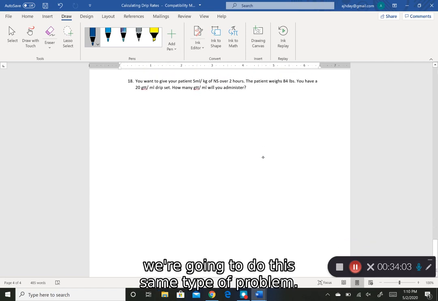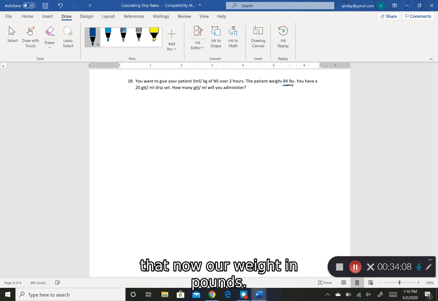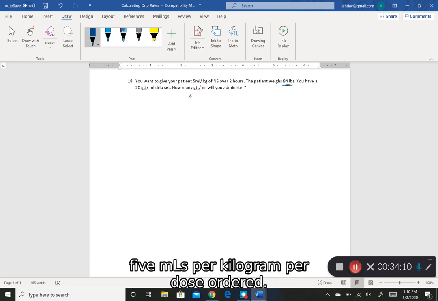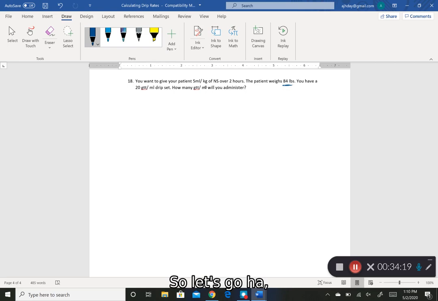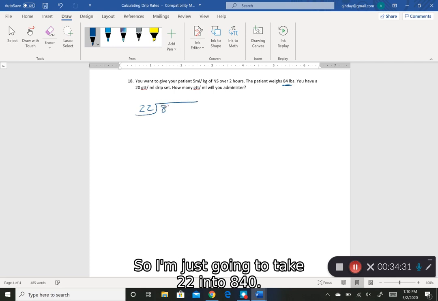All right, we're going to do the same type of problem, but you'll see here that now our weight's in pounds. So to figure out our dose ordered, because we want 5 mLs per kilogram, we have to first figure out how many kilograms 84 pounds is. So let's go ahead and work that out first. We're going to divide 84 by 2.2. So I'm just going to take 22 into 840. I know that 22 goes into 84 3 times,